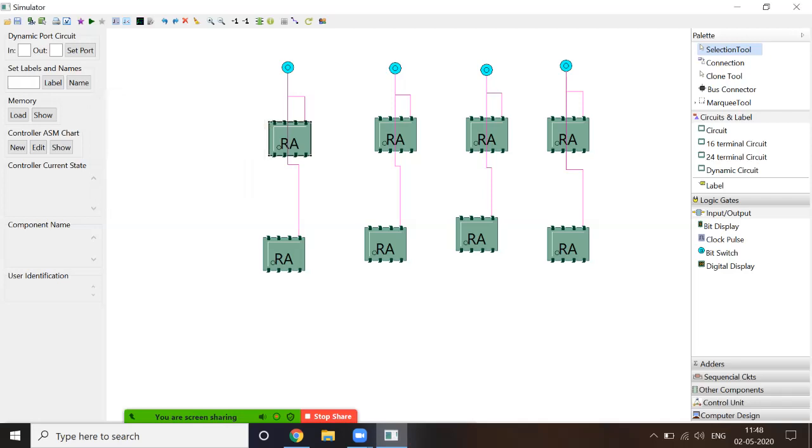So we take one single bit switch. We can keep it over here, and we have to connect this bit switch to each and every RAM cell's pin number 6. So connect it over here. Select, click this. Again, click on pin number 6 of the second RAM cell. Click here. Again, click here on pin number 6 of each and every RAM cell, like this.